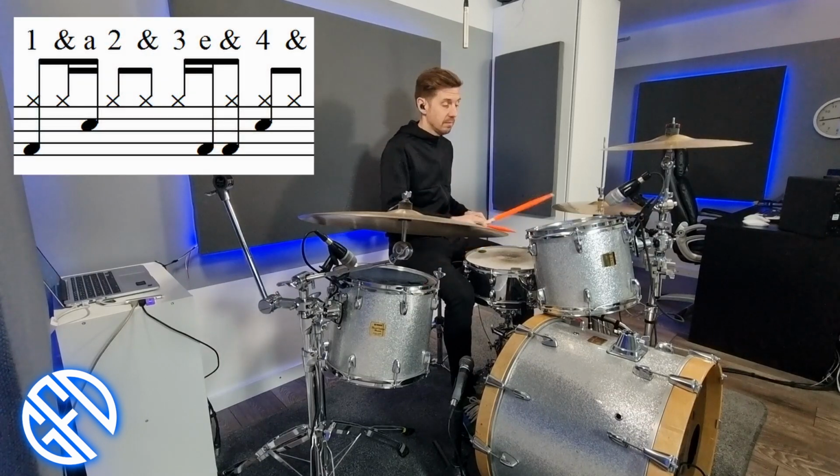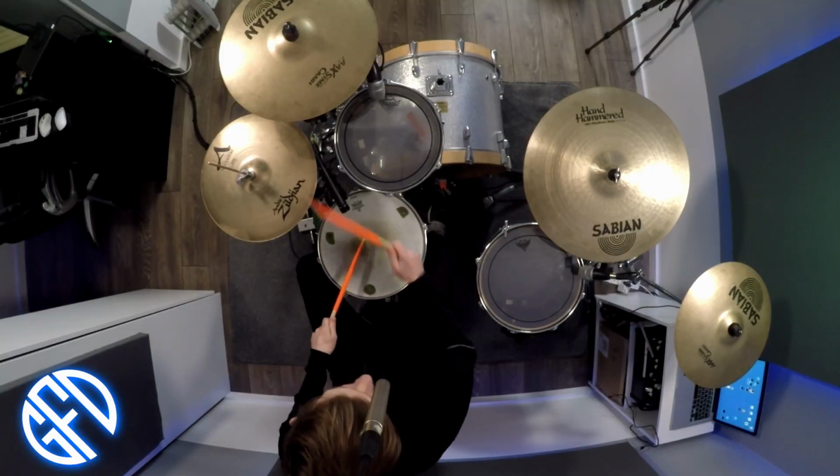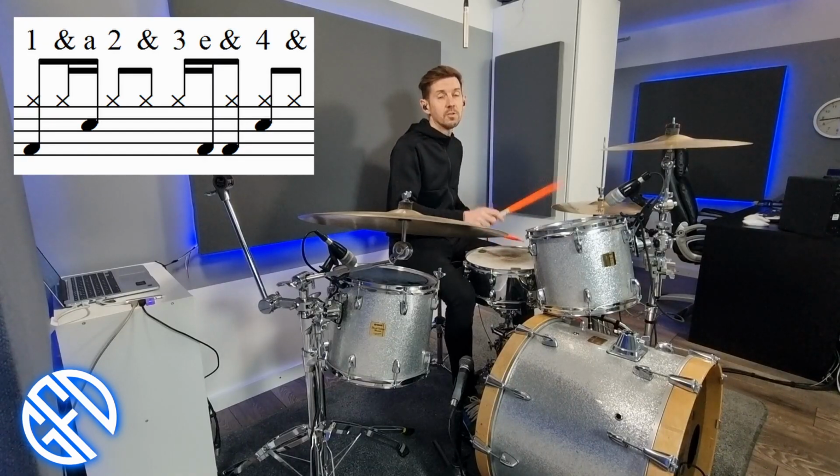So the basic groove itself is just going to be simply... So use your numbers, 1 and 2 and 3 and 4 and 1 and 2 and 3 and 4 and...